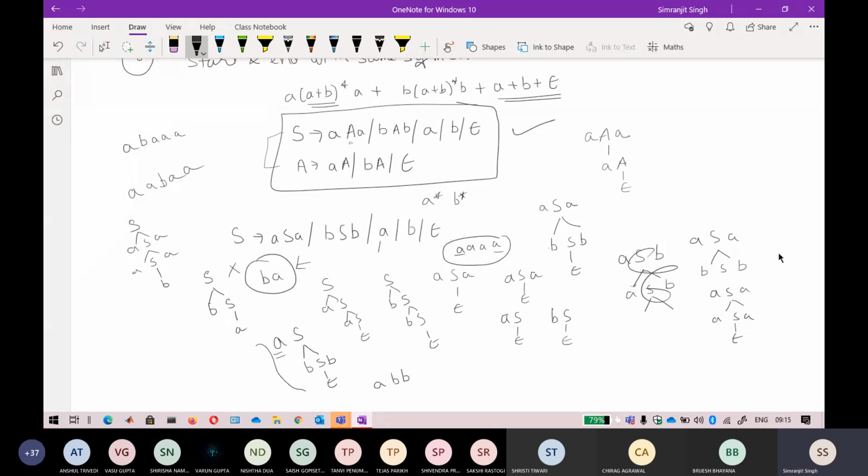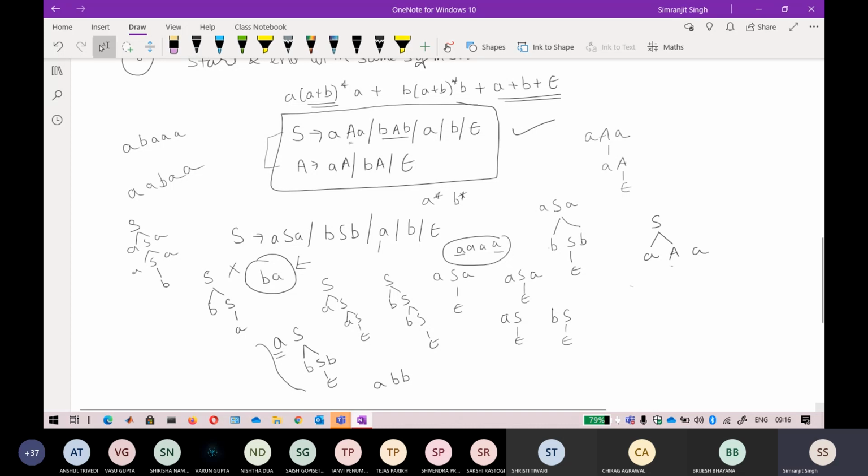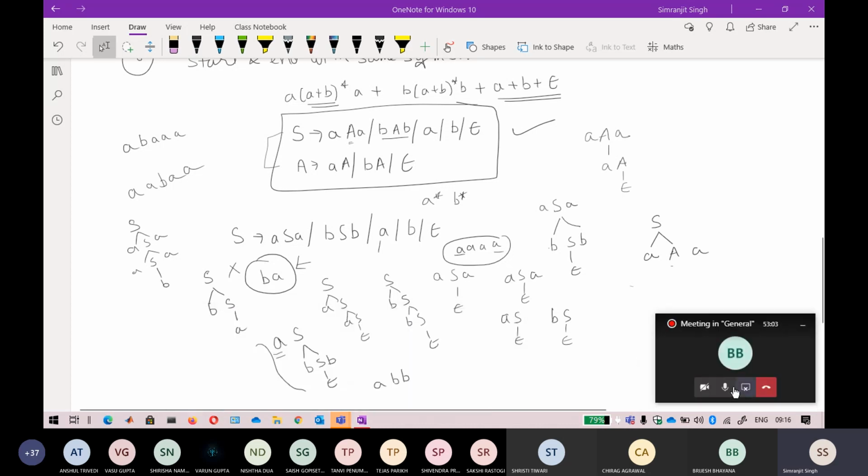Okay, so just let me see if it is possible or not. So S, I want AB. So for A, I will go with this one, A, and then I want a B. Okay, so how can I get a B? If I directly write a B, the whole expression will be stopped. I will get a B from this one. Okay, so just wait for a minute.